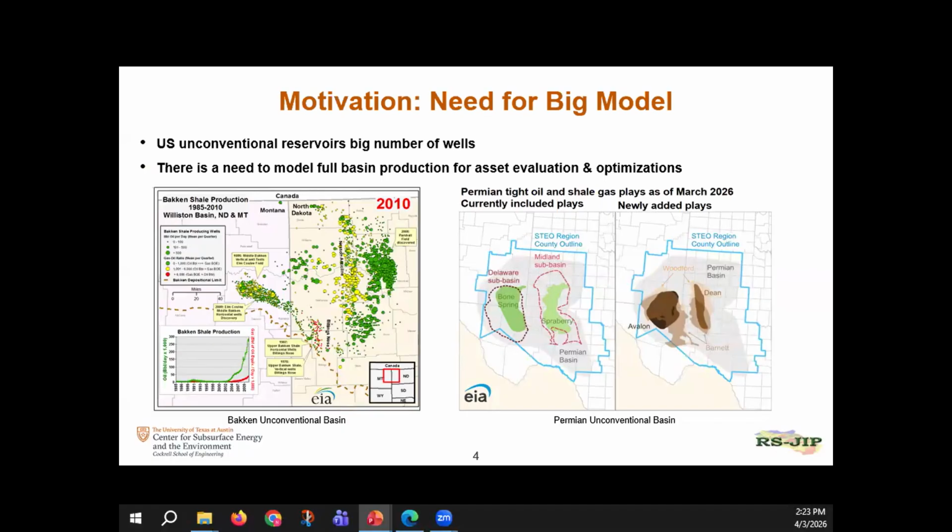So for the motivation here, as we can see here, the US unconventional reservoirs, especially in the Eagle Ford and also in the Bakken, there's already a lot of wells through the past 2 decades. And one question here, especially from the investment point of view, is that we need to consider the full-scale reservoir model to better help the investor evaluate the basin-wide asset and evaluate their